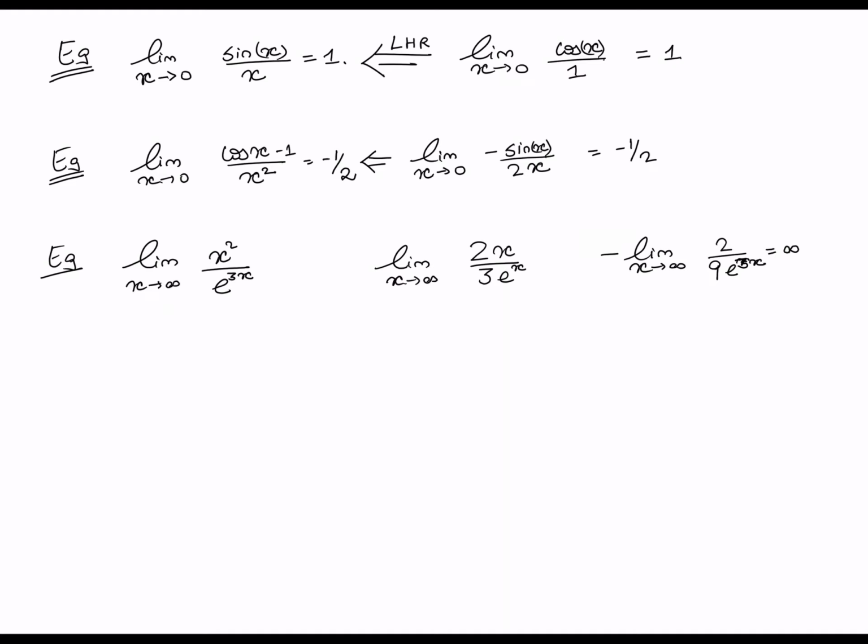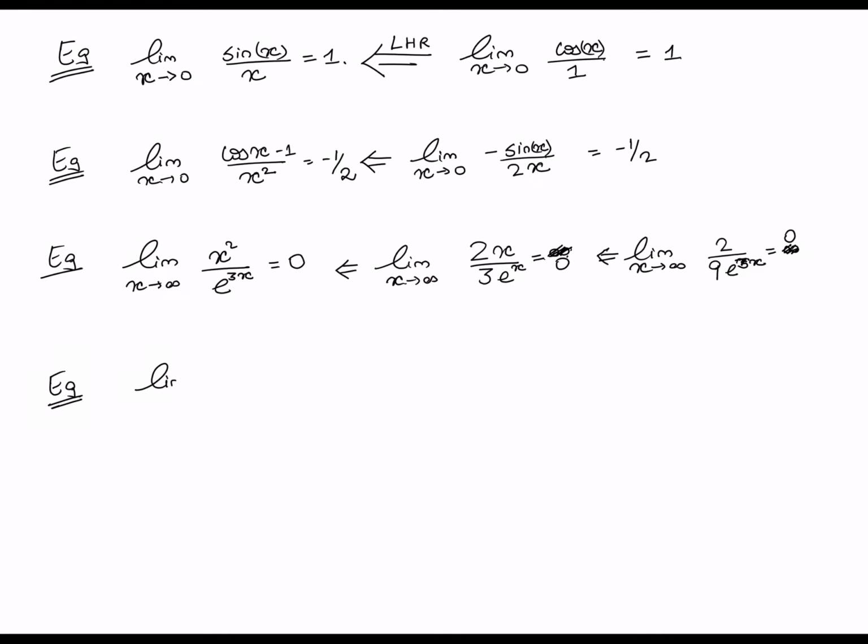So it follows by our application of L'Hopital's rule that the second limit is in fact 0. Sorry, did I write infinity? It's 0. Sorry about that. Which in turn implies that the original limit is 0. Again, the point of this is to simply show that sometimes one applies L'Hopital's rule repeatedly until one massages the limit to a form that one knows the answer to. Okay, next example.